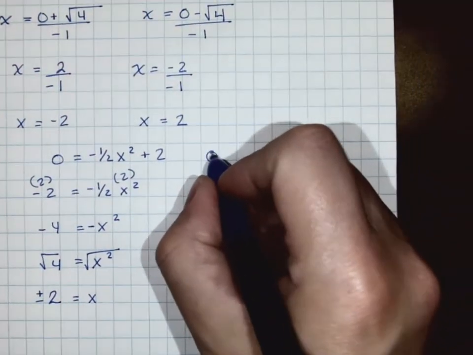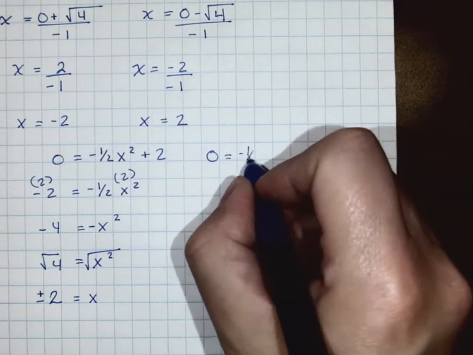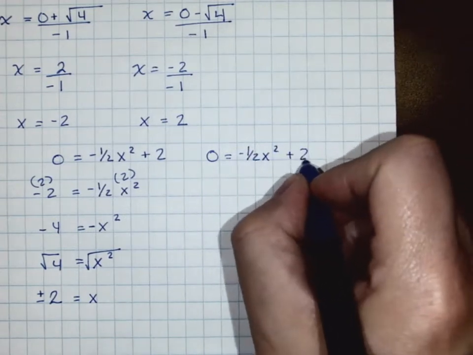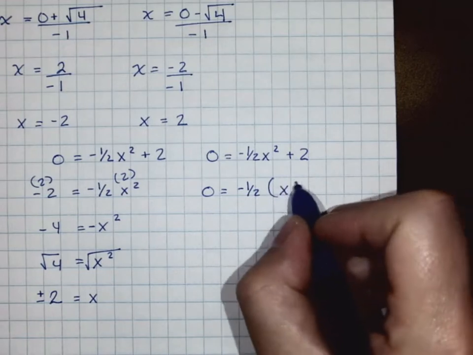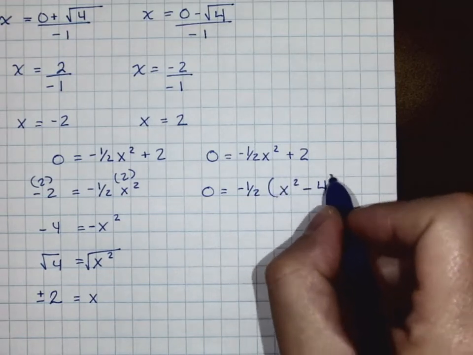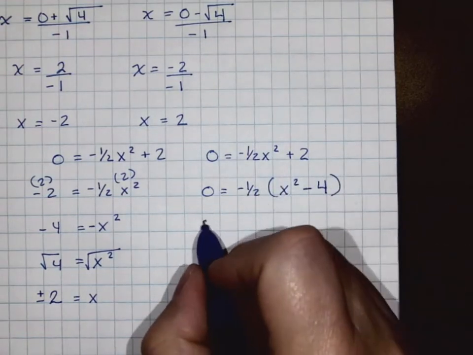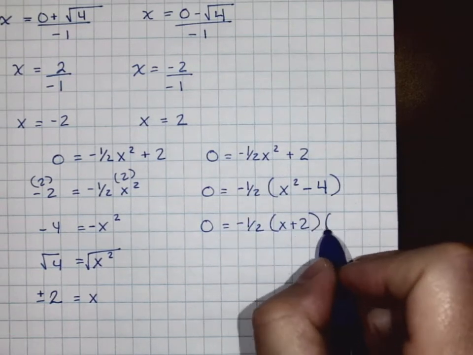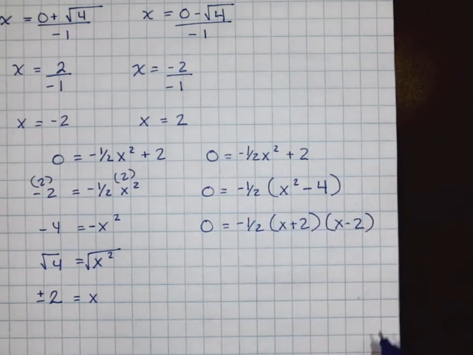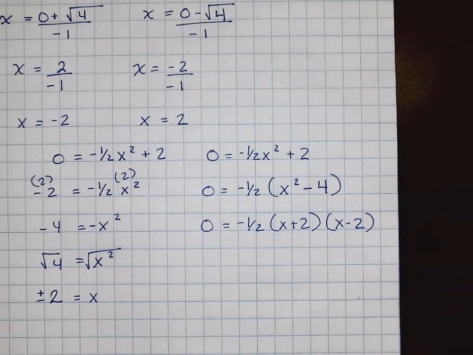Or I could have done this. I could have had 0 equals negative 1/2 x squared plus 2. I'm going to common factor that negative 1/2, which would leave me with x squared minus 4. And that's a difference of squares. And then you're going to set each factor equal to 0 and solve from there. So there's many ways you can do it. But really the moral of the story is,